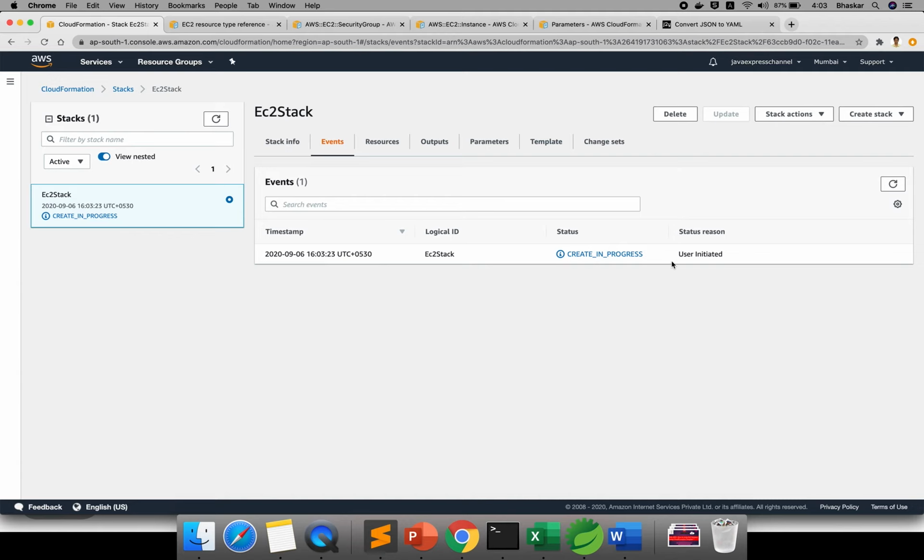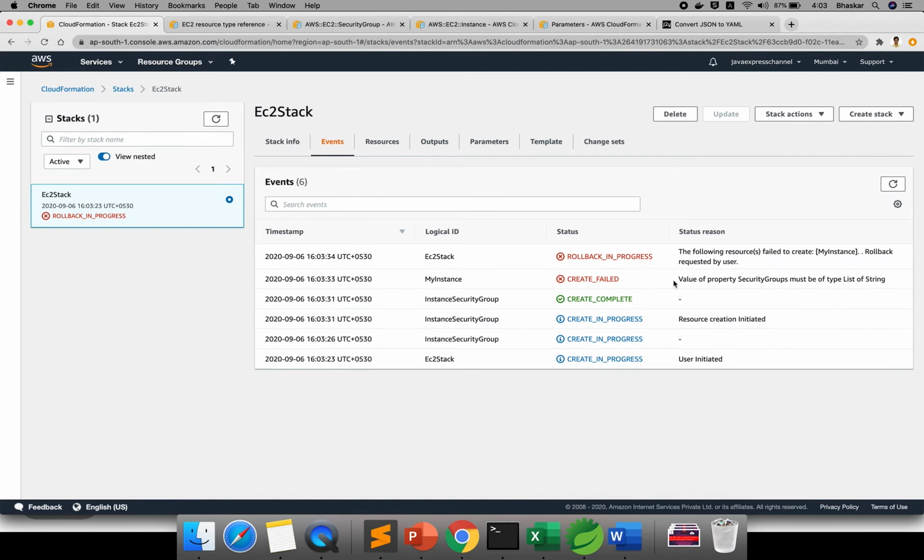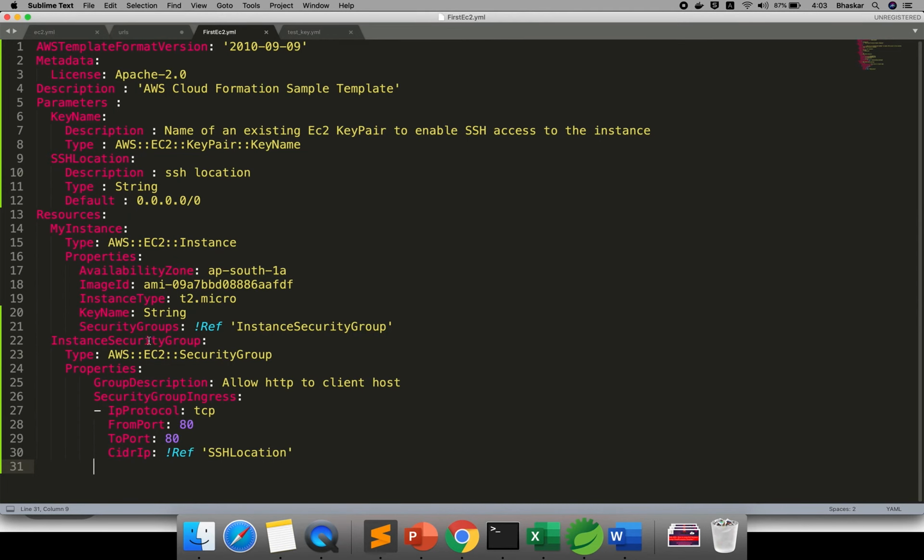So user is initiated, that means whenever EC2 is created. Now again it is giving an exception: value of property security group must be type list of string. This is the security group, it should be an array. Also, the key name I didn't reference here.